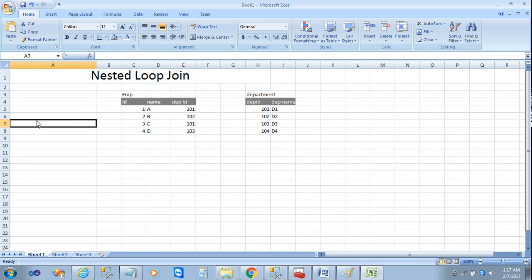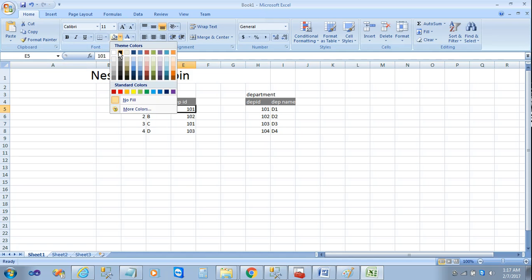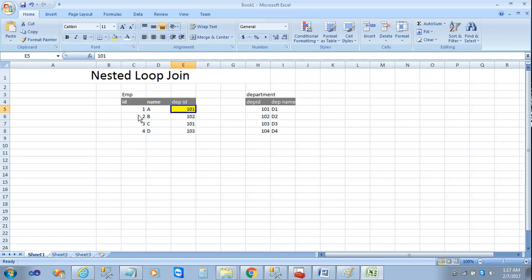It will take its first key value, because the common or joining column is department ID. I will put the ON condition over here as DEP ID equal to DEP ID,